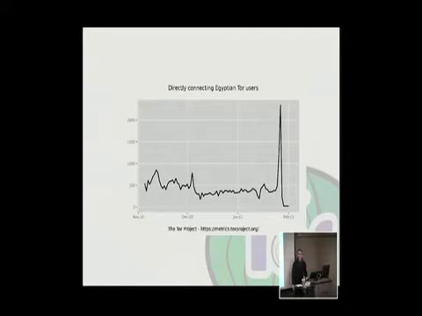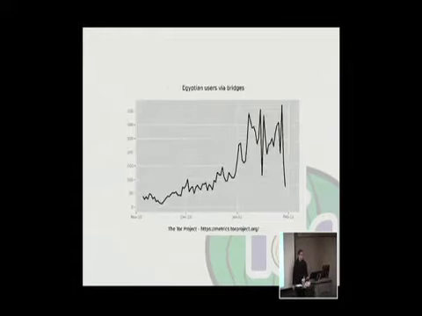Ironically, they had free Wi-Fi and they turned it off during the conflict, which is quite sad. I don't know why they did that. I assume probably because of real serious threats of violence. Good news though, the internet is coming back, so these statistics are a day old or so. But the internet is returning. Egypt is BGP peering again with lots of people. But also we saw a giant increase in bridges, and again the drop off.